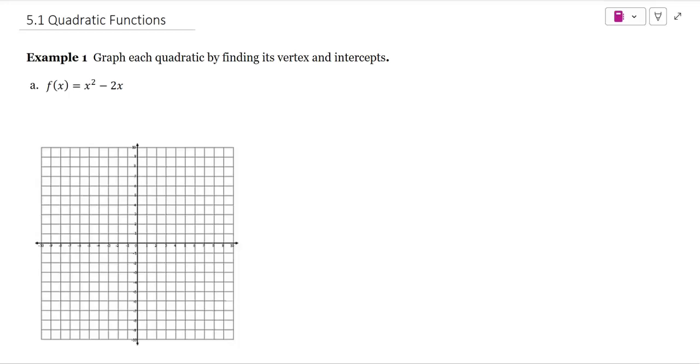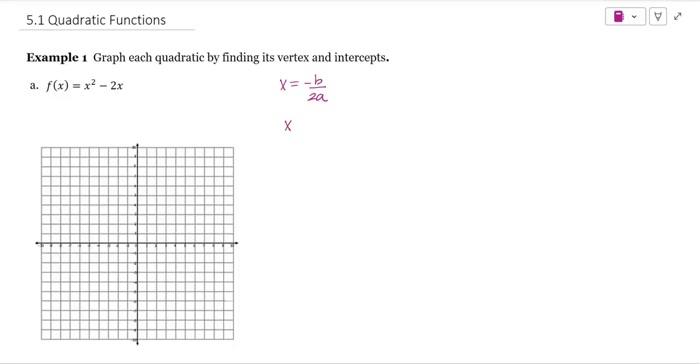Example 1. Graph each quadratic by finding its vertex and intercepts. We can find the vertex of a quadratic by using the formula x is equal to negative b over 2 times a. This tells us the x-coordinate of the axis of symmetry, or where the axis of symmetry is